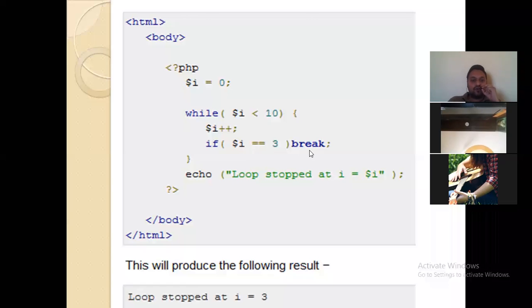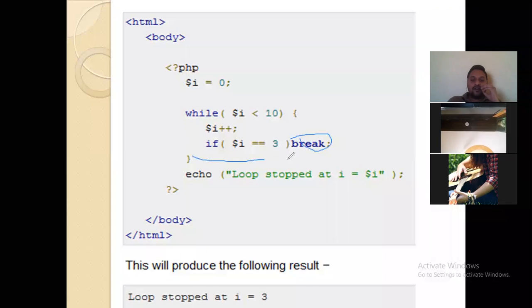Listen carefully. Here I value is 1, 1 is equal to 3, so this is false. That's why this break statement is not executed. Now it will go to the condition again. 1 is less than 10, yes, true, so it will increment by 1 and become 2. 2 equal to 3 is also false, so this statement will not be executed.